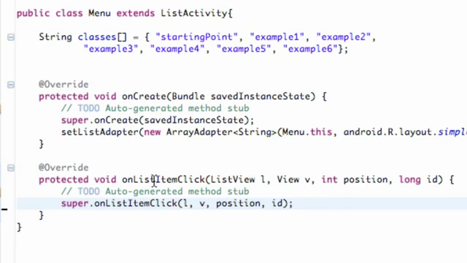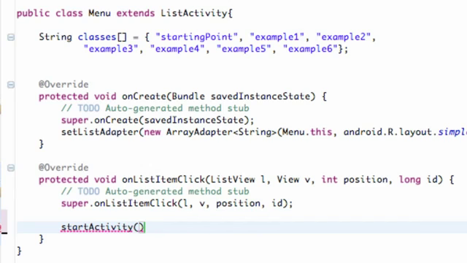And what I want you guys to do is go within this onListItemClick method, and in the next tutorial I'll kind of break down everything that we've done, or we'll finish our application, then I'll break it down. I just didn't have time to do it in one tutorial for the most part. So I'll show you guys how to start a new activity. Again, it's pretty simple. We're going to say startActivity,